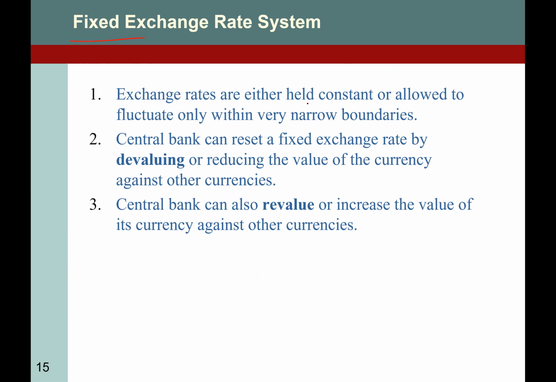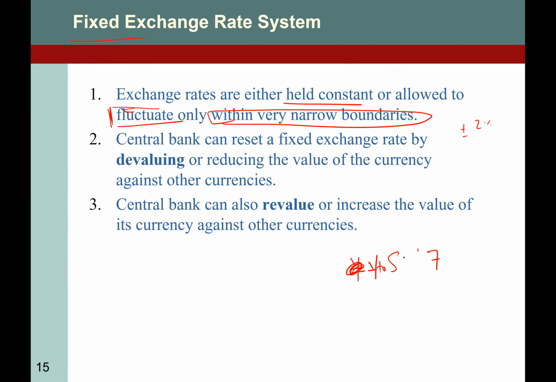Exchange rates are either held constant or allowed to fluctuate only within a narrow band. That doesn't mean if the exchange rate is fixed that we are not allowing them to fluctuate. For example, it could be 2% plus or minus. So you fix the exchange rate, the government says that yuan to dollar is, for example, 7. That's it. If the government fixes this one, we call this the fixed exchange rate system, and only allowed for